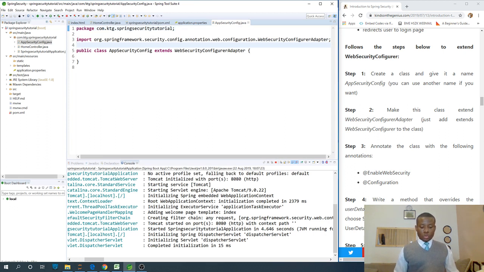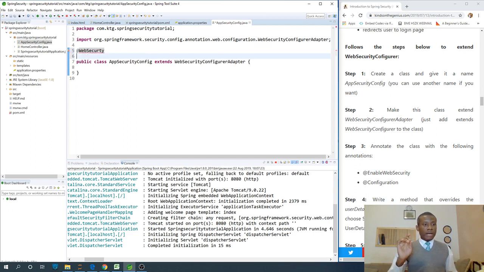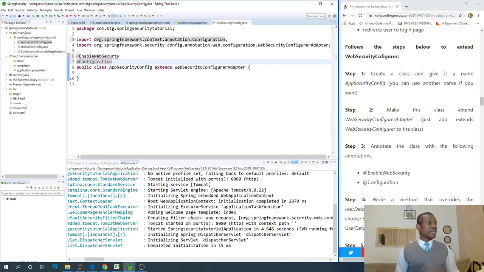The next thing you want to do is to add web security to this class. It's very important because the WebSecurityConfigurerAdapter works with this annotation. We are going to add @EnableWebSecurity, and another annotation, @Configuration, because this class is a configuration class. All right, so Control-Shift-O on the keyboard is going to add the necessary namespaces. EnableWebSecurity, so there's a little typo there. Okay,